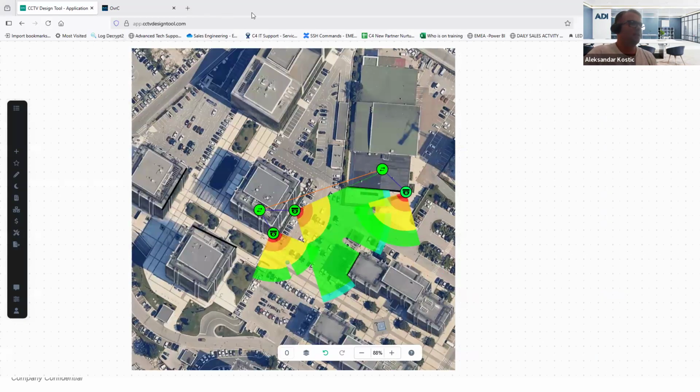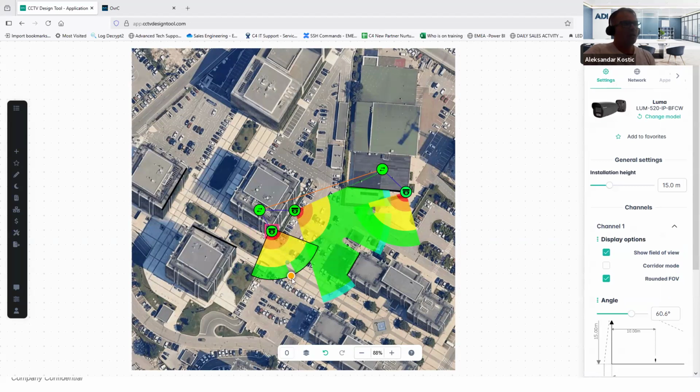So it is the CCTV design tool, and here I have a couple of cameras positioned. I can move the camera around. So for example, I put it on the angle of the building, and I can define the field of visibility like this. So let's say if I would like to add an additional camera,